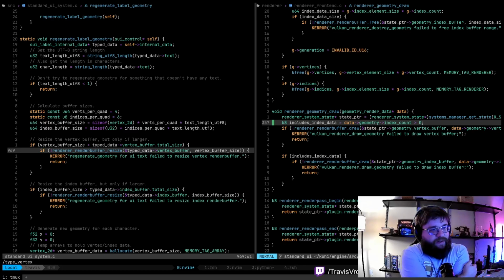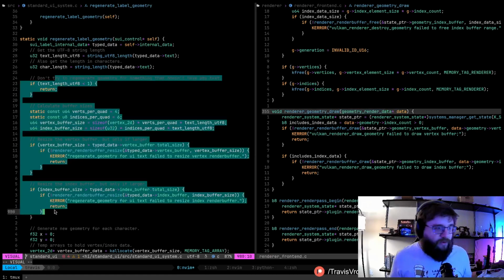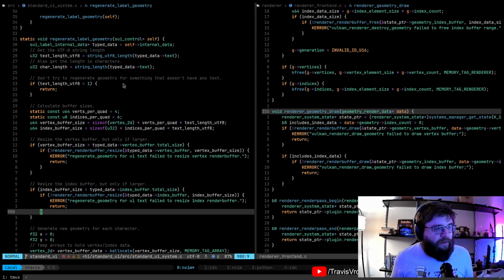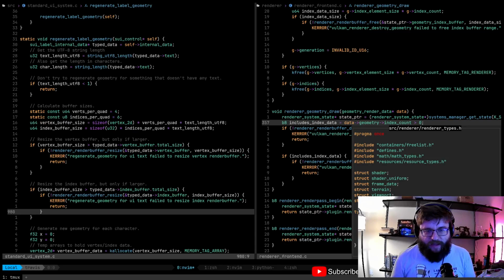I'm actually thinking that makes a lot more sense. Because otherwise here we're going to have to create a geometry render data, create a pointer to a geometry that doesn't exist, or create a geometry in here, which is constantly going to be updated, so that's kind of dumb. I think we can simplify this a little bit and actually get away with it. Let's try that and see how that's going to work.